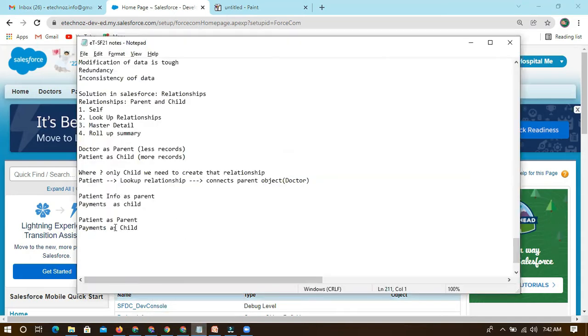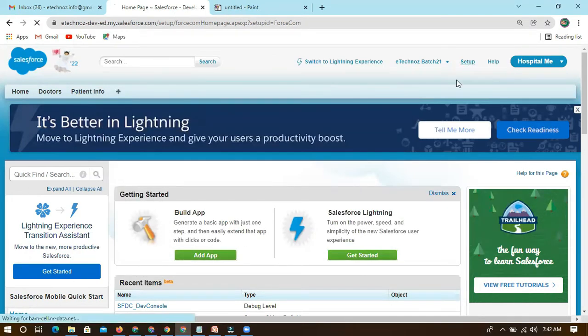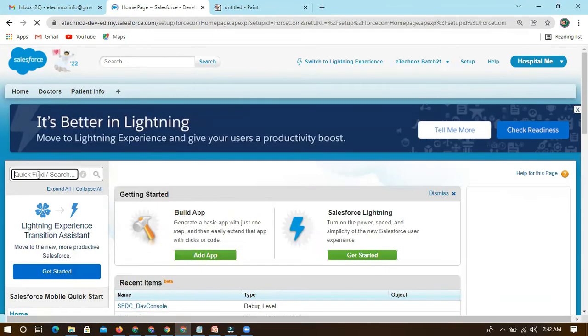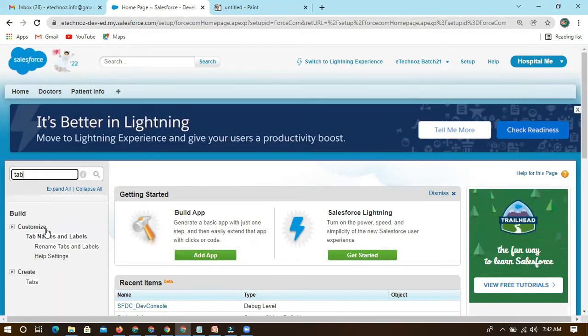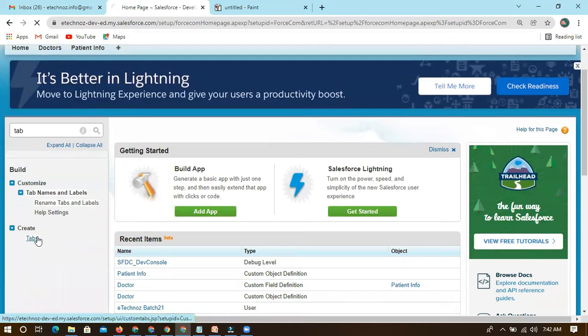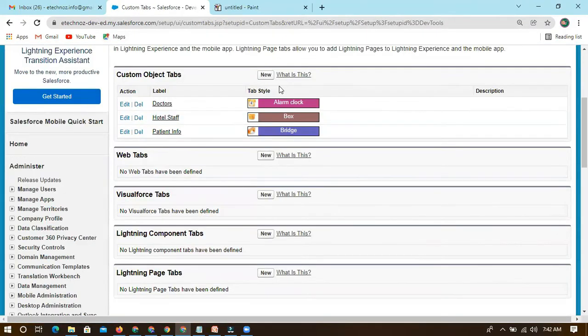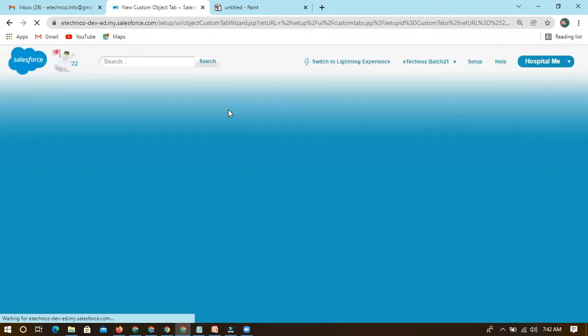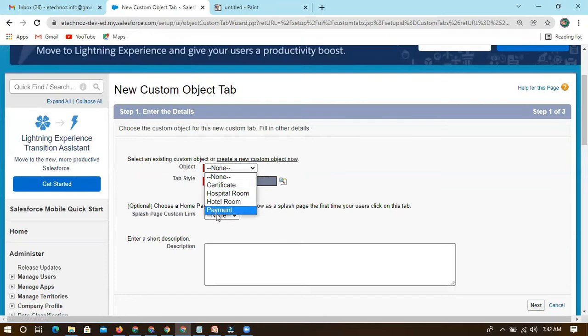So what we need to do quickly, we have to create one tab for this payments. How do we do it? Go to setup, tab, and create a new tab. I need a tab for payment.